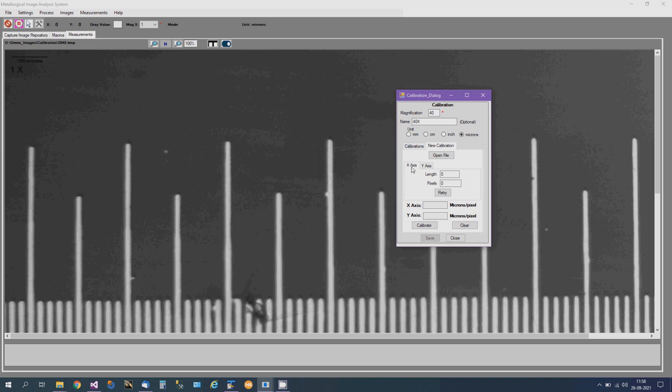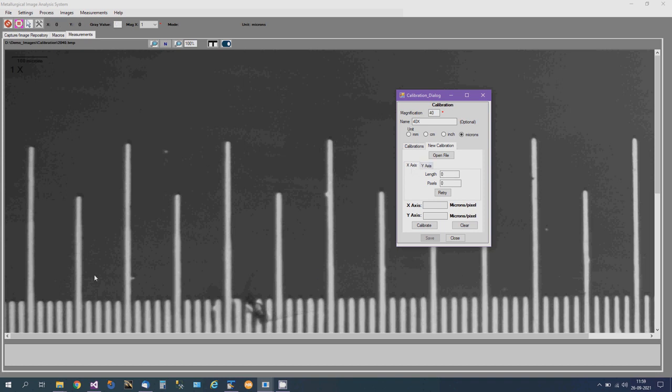Basically the purpose is I select a range on the scale, 40 microns or 30 microns or 50 microns, by selecting 2 points or drawing a horizontal line. I draw a horizontal line from one scale position to another scale position. So the system will calculate the number of pixels between those 2 points.